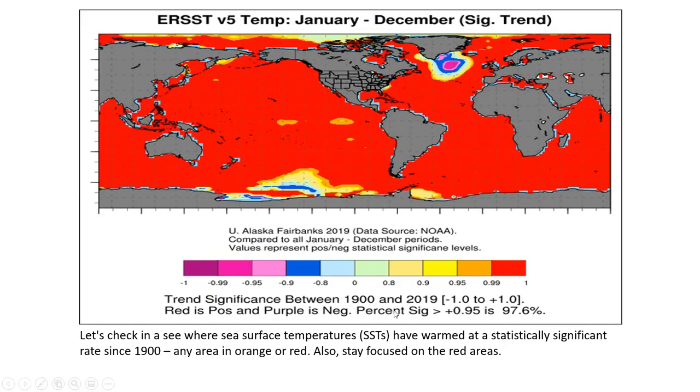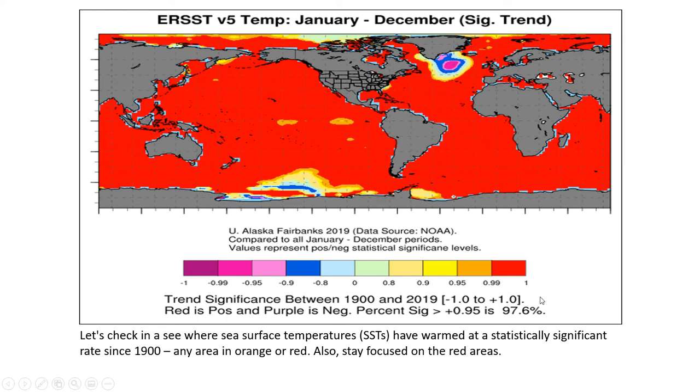And now, this is 1900 to 2019. Let's see, sea surface temperatures have warmed at a statistically significant rate since 1900. Any area in orange or red, stay focused on the red areas. Okay, there's that deep water formation. What do we see here? We see that the oceans have significantly warmed, at least sea surface temperatures. Okay. So percent significant greater than 0.95 is 97.6%. In other words, this is a